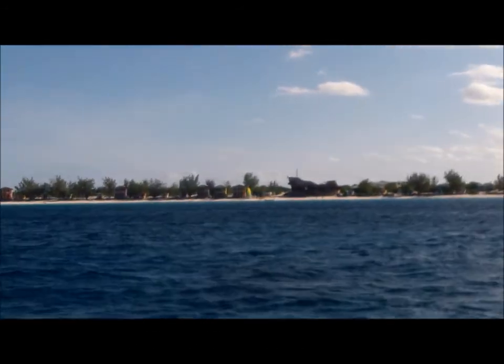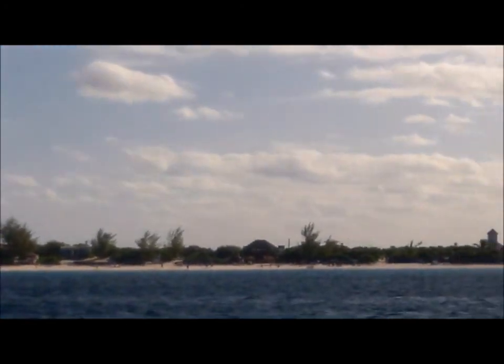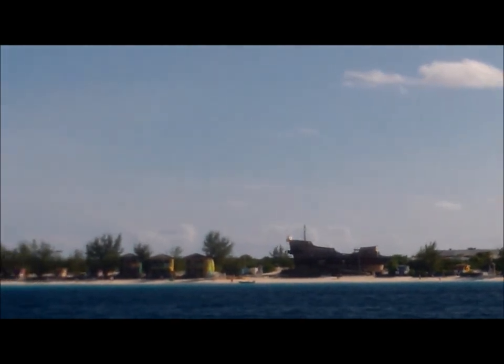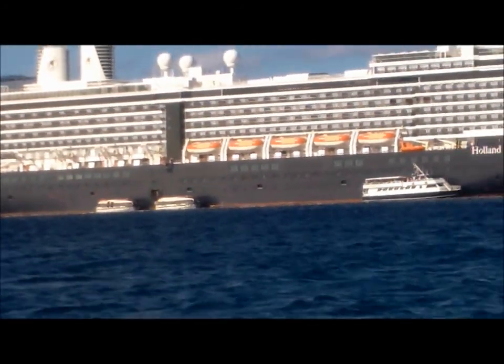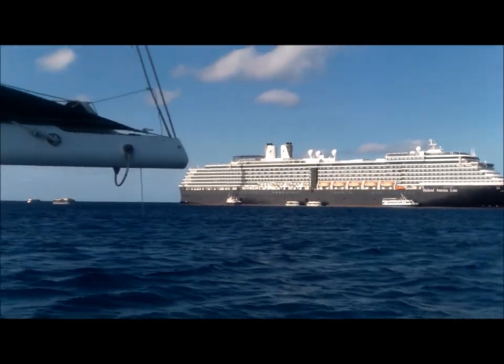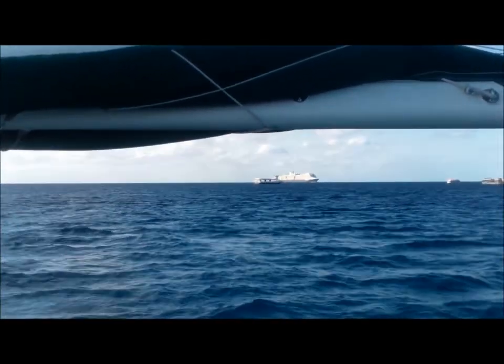Okay, we're at the Holland America Happy Land here in the Bahamas, a simulated Bahamian environment with a pirate ship on land, of course. Little cabanas, probably some simulated Bahamian calypso music, and there's the simulated Nordam. And it's got all its little boats going to and fro, and there's another one coming in. It's a busy day